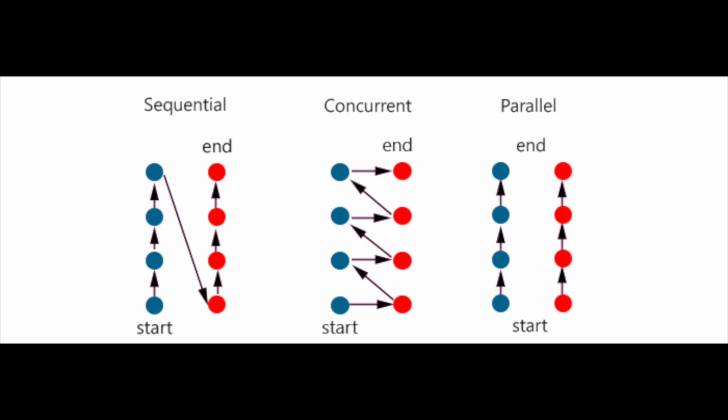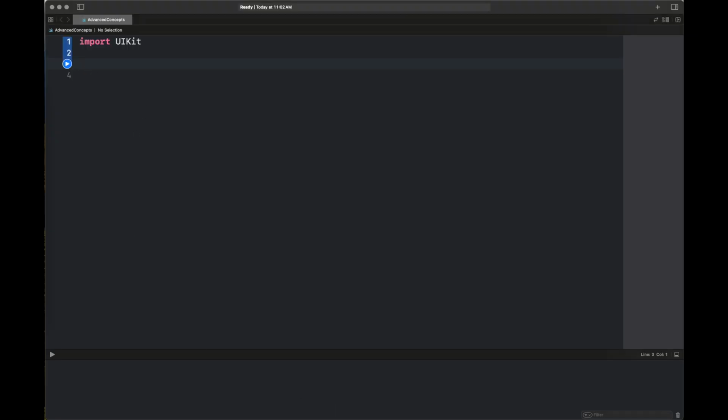We are now moving to some of the advanced concepts in Swift. I'm going to discuss concurrency here. So basically you can see in the picture that there are generally three types of tasks. Sequential tasks are those that run one after the other. Then there are tasks known as concurrent, in which two or three subtasks interleave with each other and run after each other. The third one is actual parallelization, where two separate tasks run on two separate cores of a computer. So let's discuss Swift, which has built-in support for writing asynchronous and parallel code in